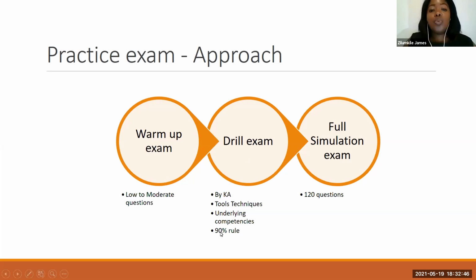For the simulation exam, please apply the 80 to 90 rule. The focus should be that you at least get 80% on each of the knowledge areas. Once it rates how you've done, it gives you a percentage per knowledge area, and you need to understand that in order to pass the IIBA exam itself, you need to pass each knowledge area. So if you've done badly in one knowledge area, you basically fail the entire exam. It is important that you aim for at least 80% in each knowledge area.